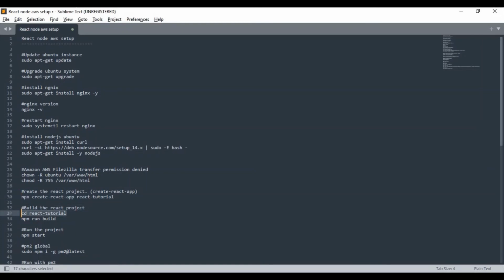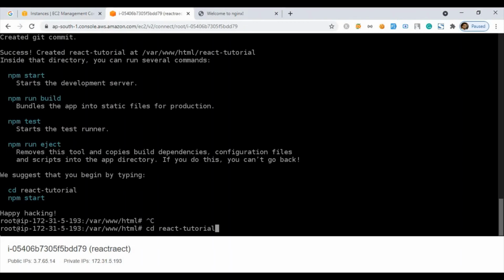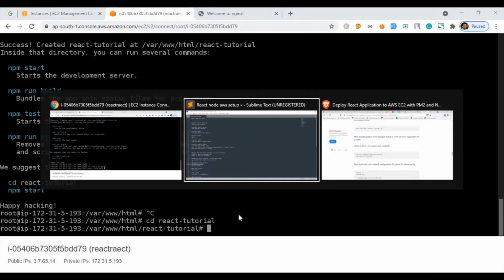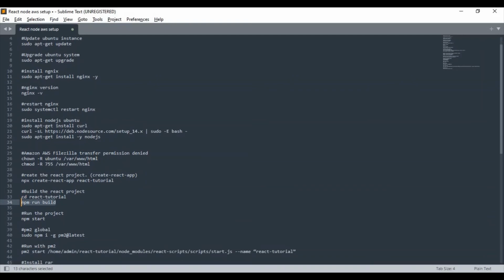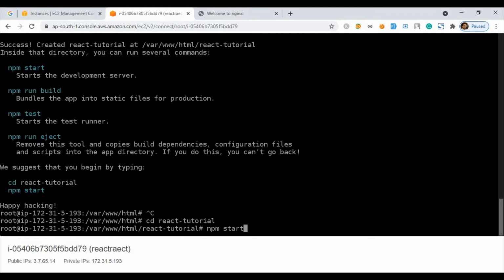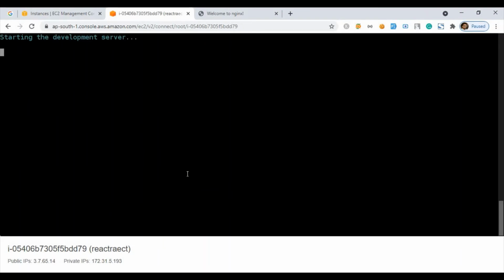Now I'm going inside my application, and I'm running npm start or npm run build. If I run npm start, let's see what will happen. Okay, it will start my application. Starting development server.